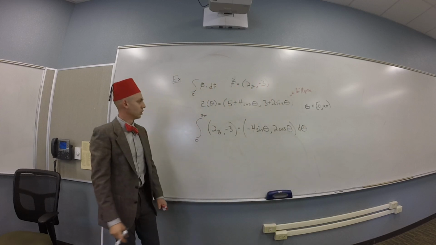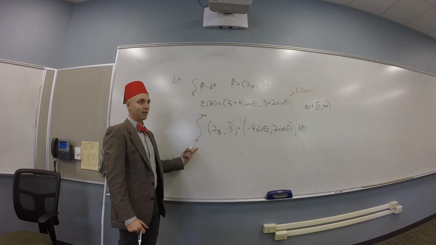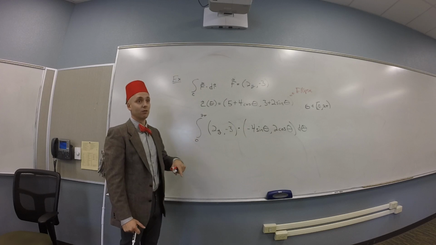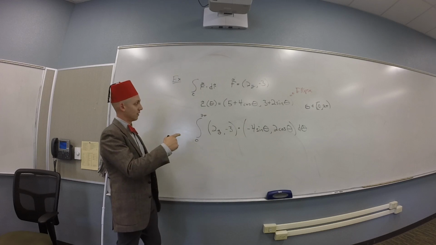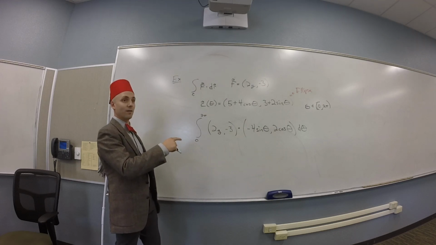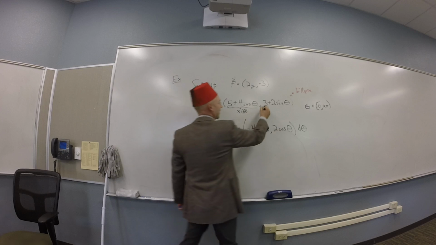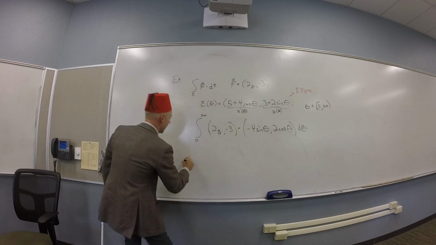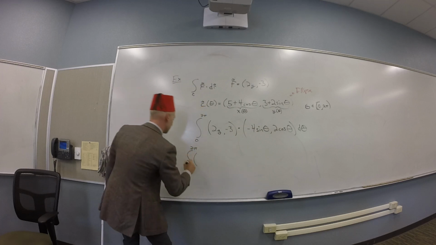Okay. What did I jack up? There's going to be a y in here, right? So what did I forget to do? I wrote down f, but I didn't write down f of r of t, or f evaluated at my curve. So what's y then? This part is x of theta, and this part is y of theta. So I really should have here the integral from 0 to 2 pi of 2 times that junk, which is